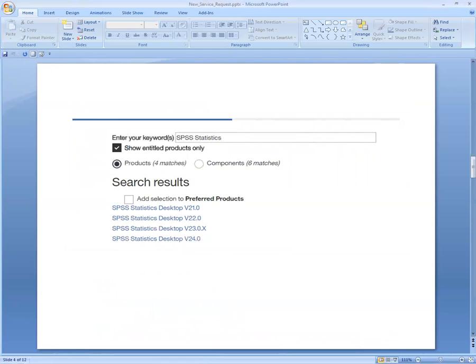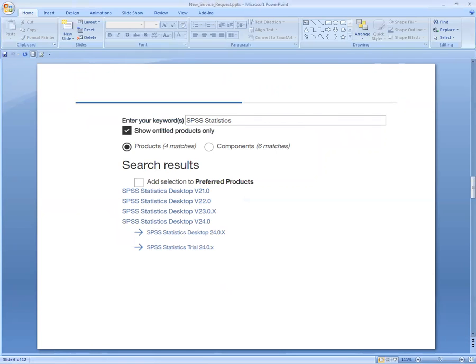And next here, you can enter keywords to locate your product. We have entered SPSS Statistics, and here we see the various options available. We have Statistics Desktop, Desktop 22, 23, 24. These are all based on entitlement. We will go ahead and select SPSS Statistics 24,